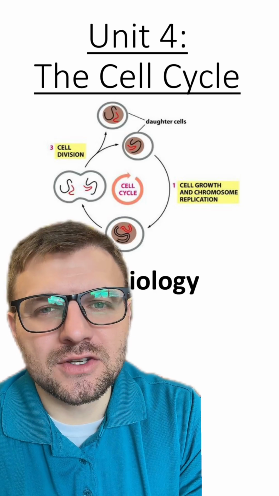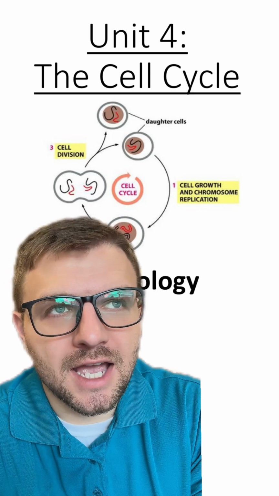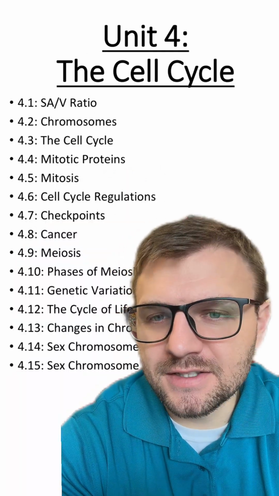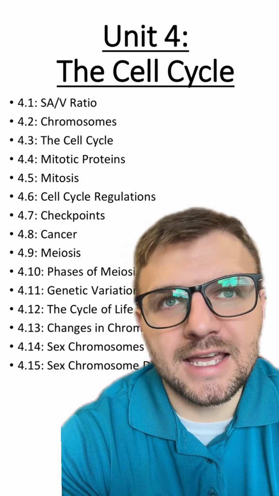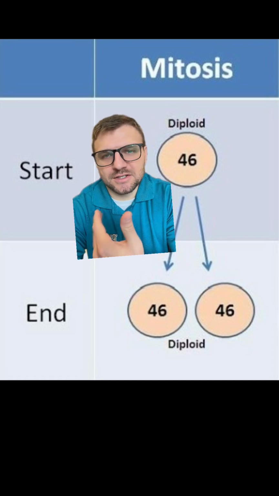Hello AP Biology students, we're currently in Unit 4 talking about the cell cycle, and I'm going to spend some time reviewing the phases of mitosis. We're not going to go over any specific section, but we're going to just review what mitosis looks like at a cellular level. I'm going to start off by showing this easy diagram of what mitosis looks like, where we